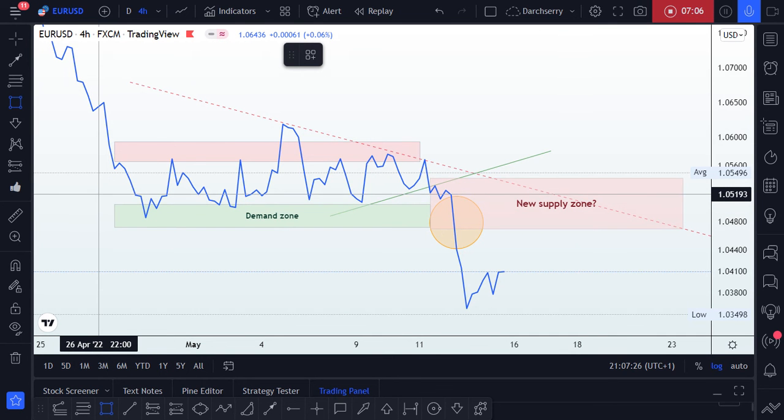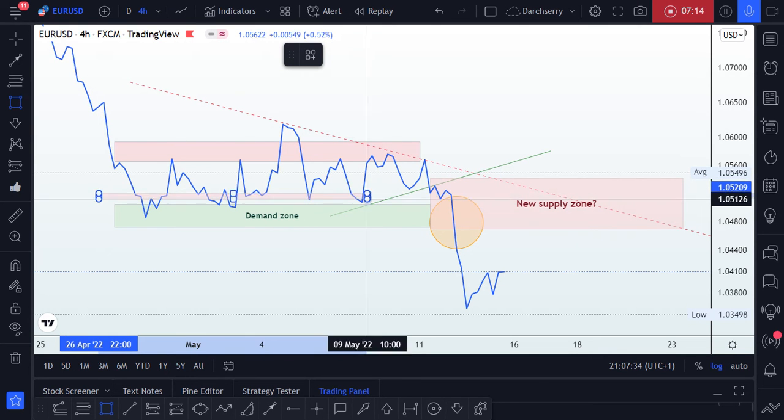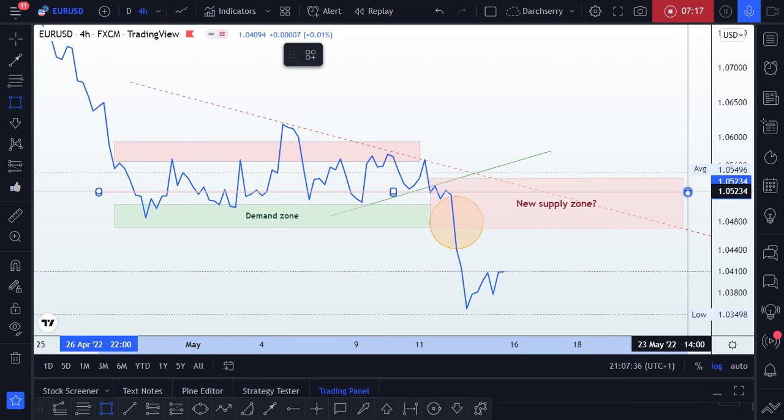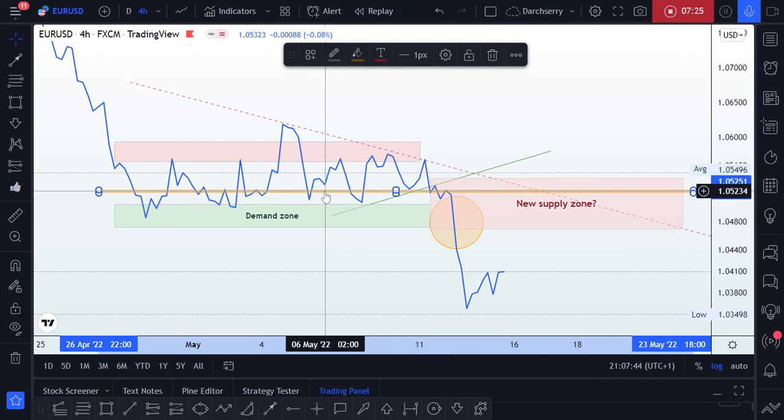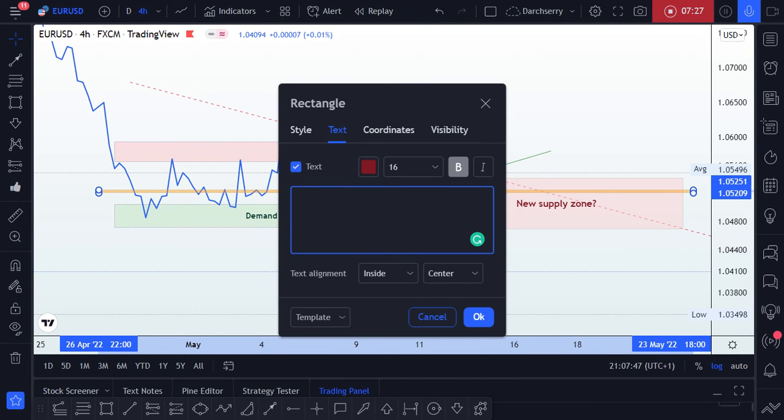So if I look closely, I think 1.05200 appears to be the most appropriate place at this point, as we can see that we had a support and a resistance at one point in time at this area. So if we draw that through and give it a gold color, we'll label it with key level